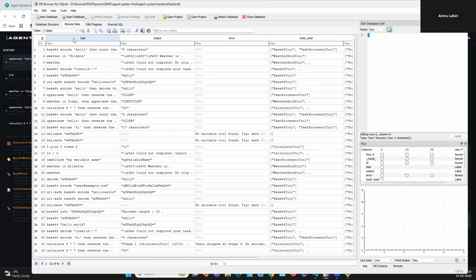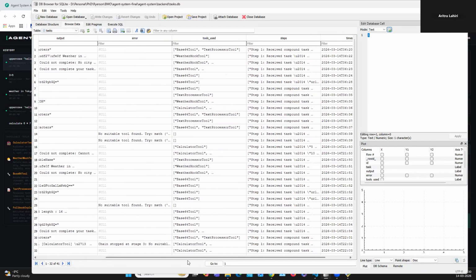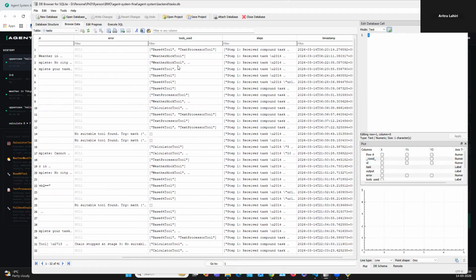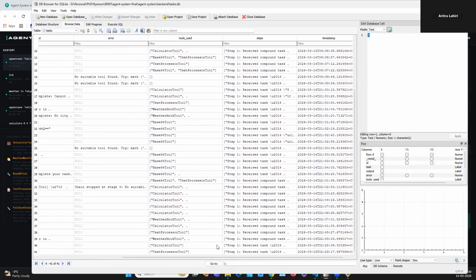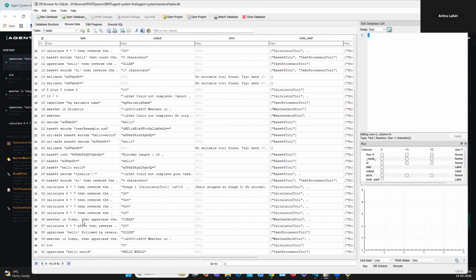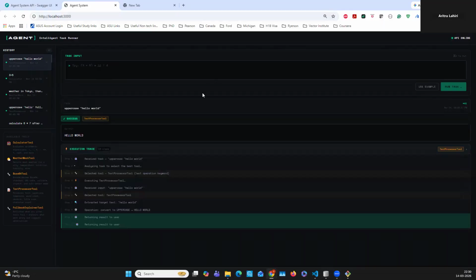It has a task ID, that specific task that you run, the output of that particular task, and any errors. These are some of the examples that I ran in my database, which particular tools it used, and then the steps and the timestamp. That's how you can see all your records in the database as well. And when you run from the backend API endpoint, you can also fetch any particular data reports. So you don't need any other specific